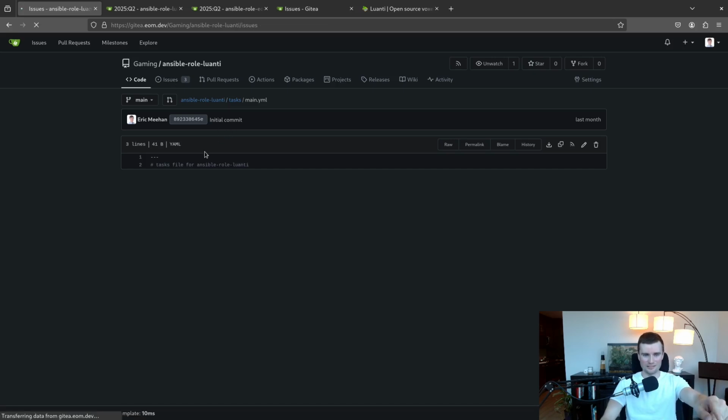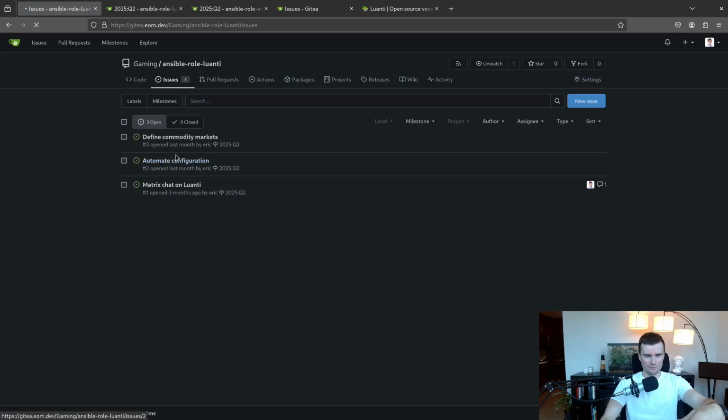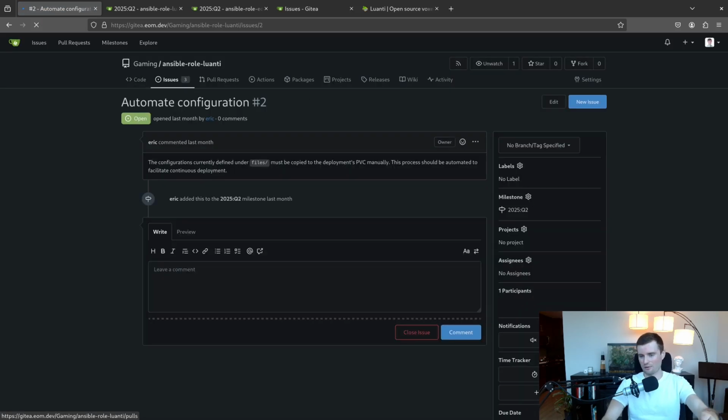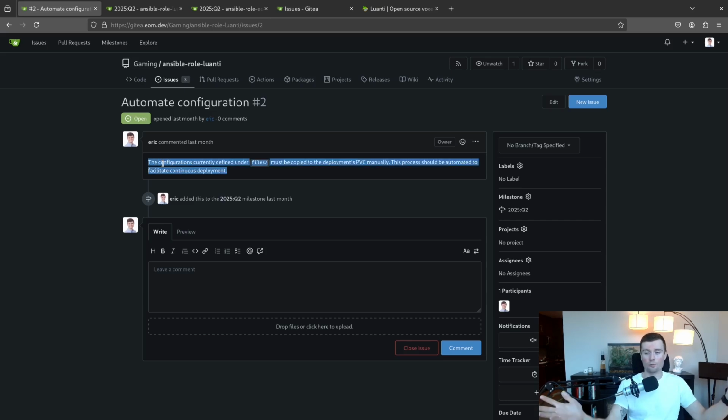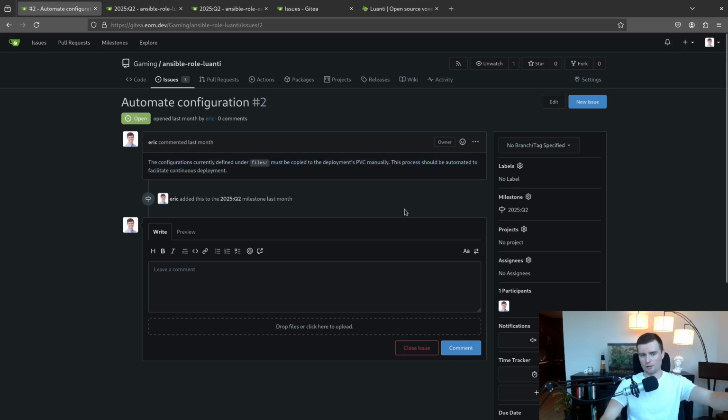So where it says that these configuration files in that files directory need to be manually copied over, we can see that this playbook actually does nothing. In our tasks file, our task file is empty. So this is basically saying that when I run that tasks file, when it eventually is populated with things, part of what should be in there is copying those configuration files over onto the remote machine, if that makes sense.